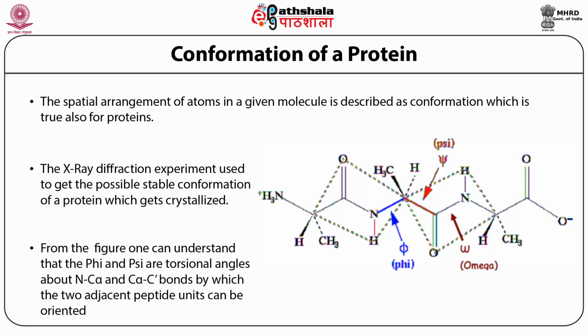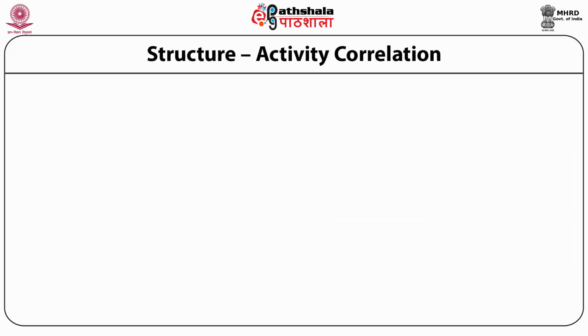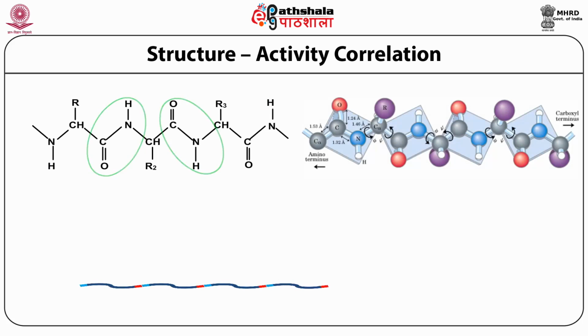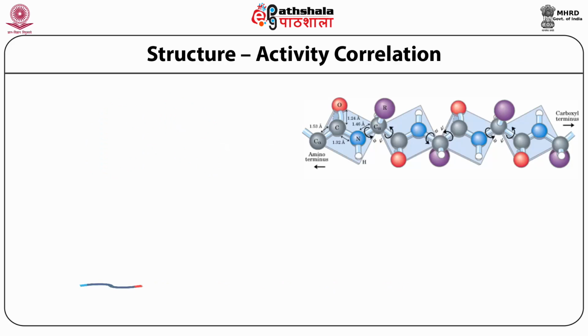So these two planes can be oriented with one another with respect to the central atom. That is what actually determines the complete conformation of the molecule. So this is what's shown in this picture. Structure activity correlation. In the figure we can see a polypeptide, which is actually many peptide units, many amide units